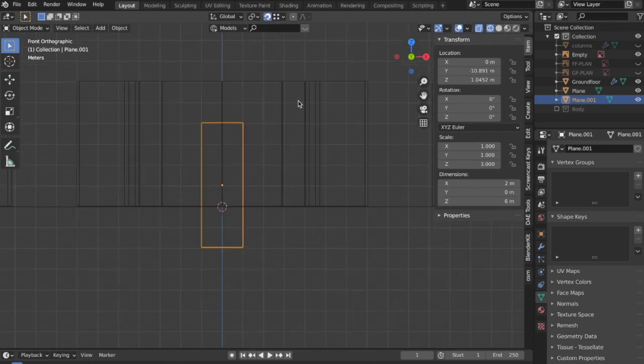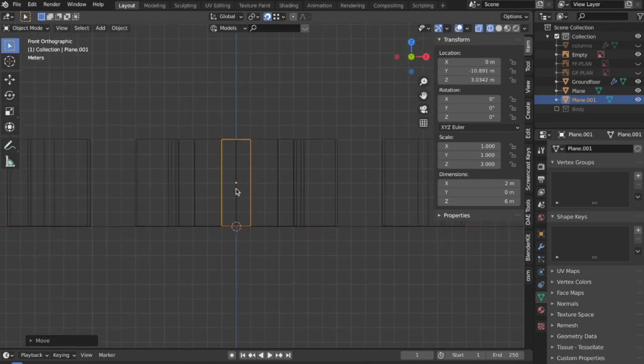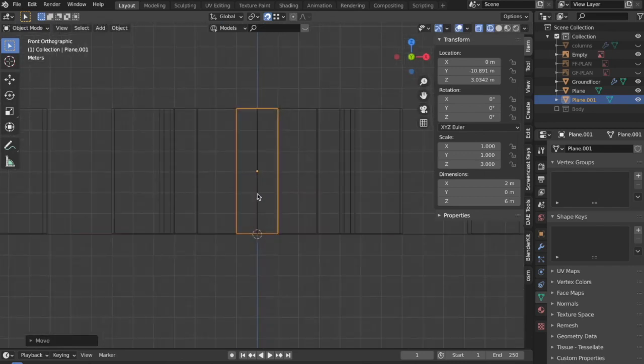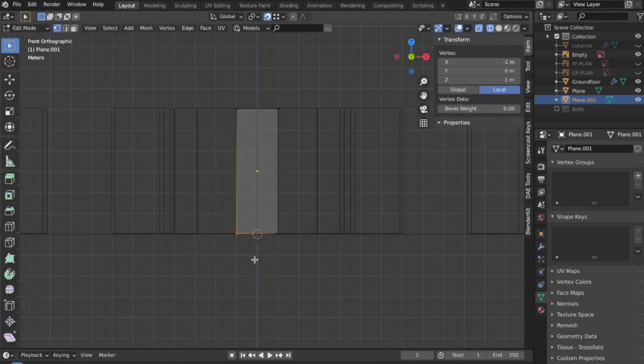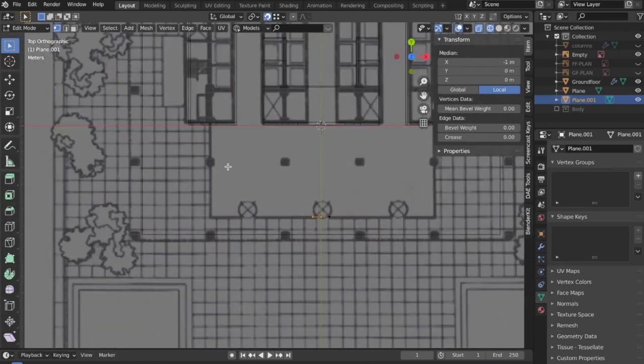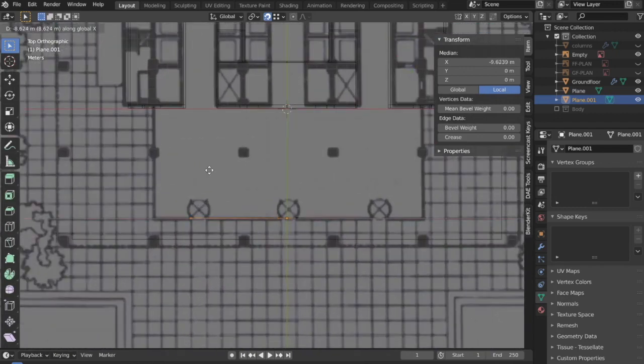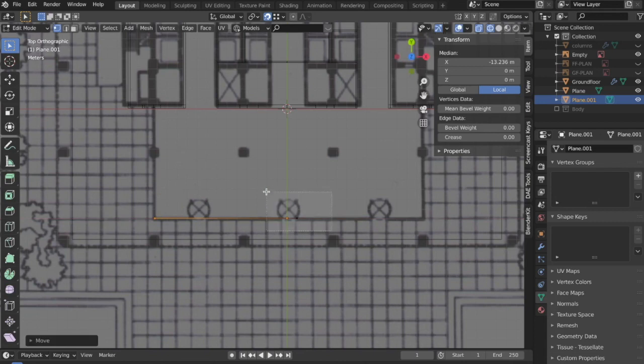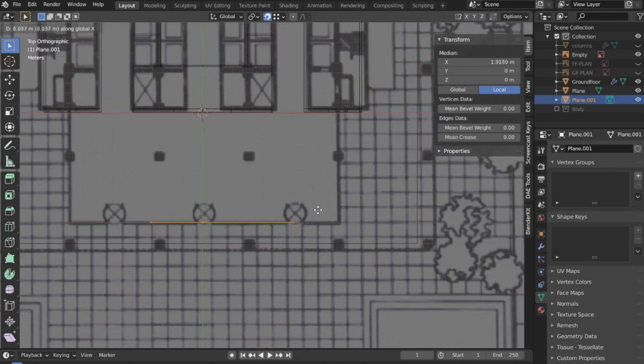Now I'm going to use the snap thing over here. This is how it helps us. Now what I'm again going to do is go into the wireframe mode in the top view. I'll press G and then X and bring it till this point where it bends at 90 degrees, and till this point.